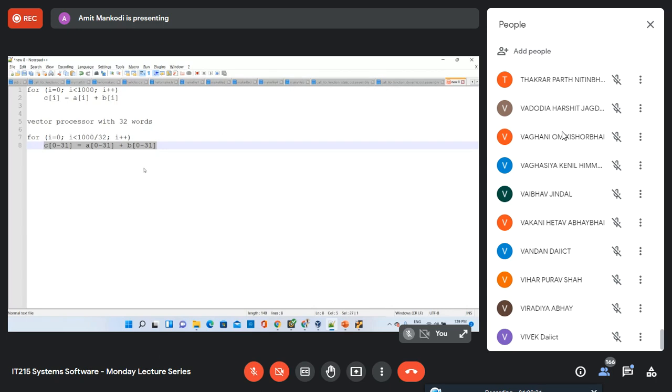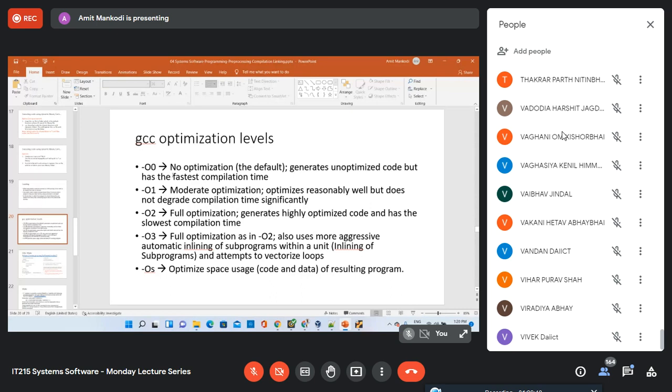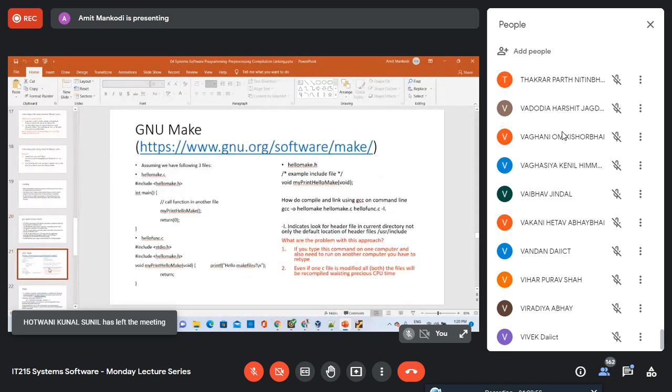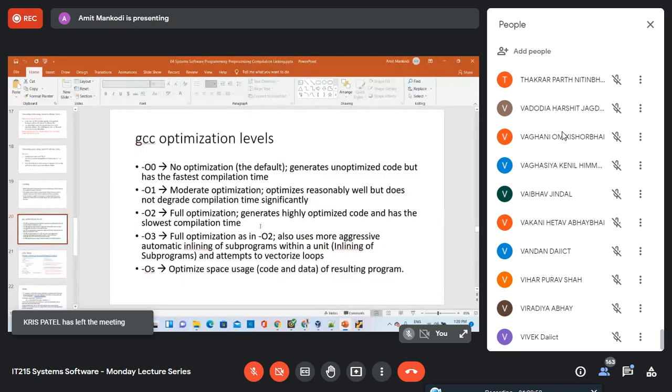So a vector processor does not have a single arithmetic logic unit. It has multiple arithmetic logic units, and each word is taken care of by a different arithmetic logic unit. This is the kind of optimization that you can do. Various optimization levels are there, and depending on what you want to do, you can try to use them. If you go more into the architecture area, then you probably need to know a little bit more about this. For a general user, as long as you have some basic understanding of this, it's fine.